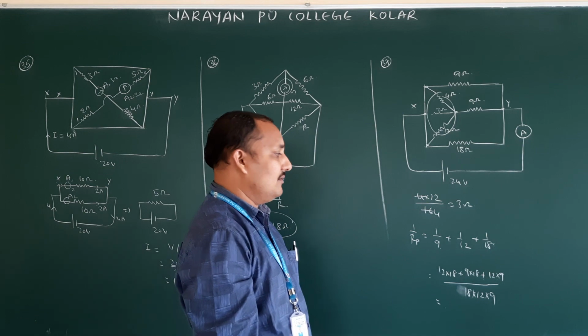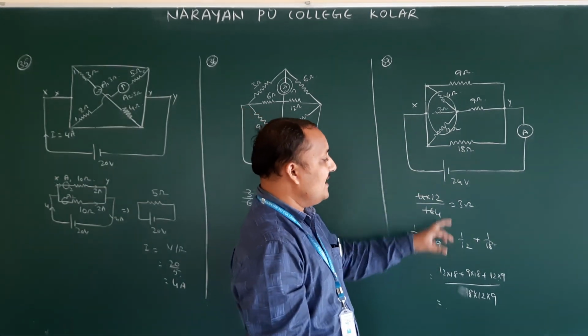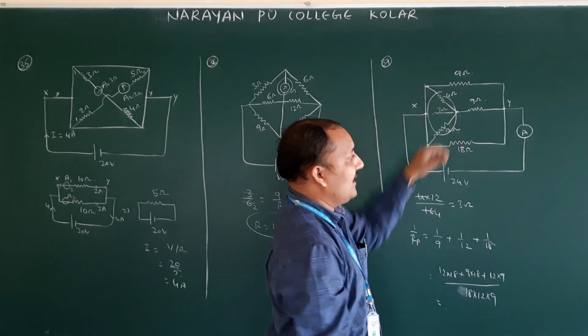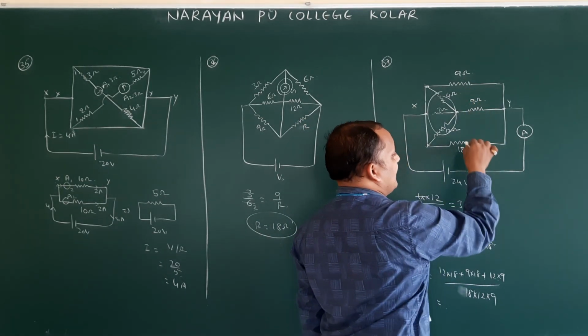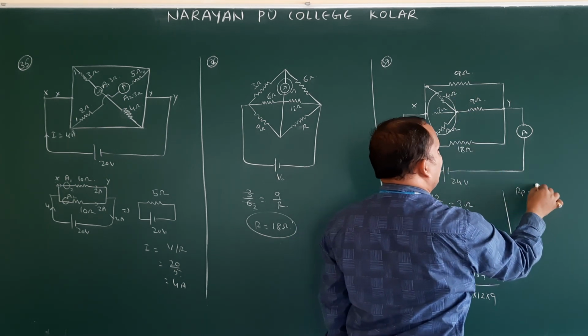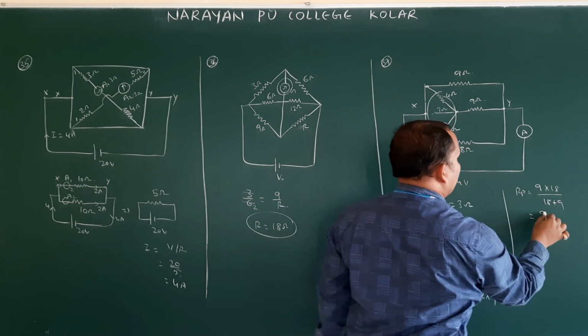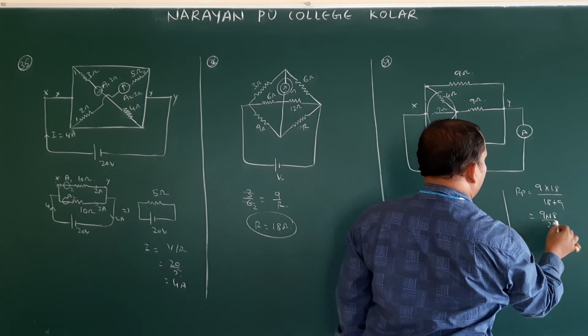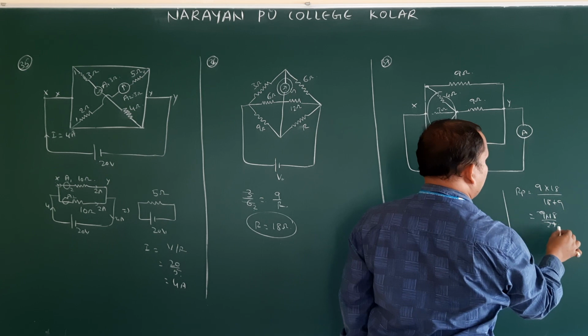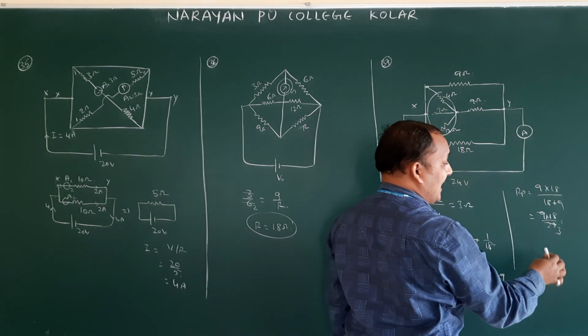So like this we can do by taking LCM. If it is going to be big, any two you can take, 18 and 9 you can take. Here total how many are there? 3 resistors. If you have taken 18 and 9, we can do very easily, 9 into 18 by 18 plus 9, so 9 into 18 by 27. We have to see the simple way. In competitive exams we should not waste time. They won't allow calculator.